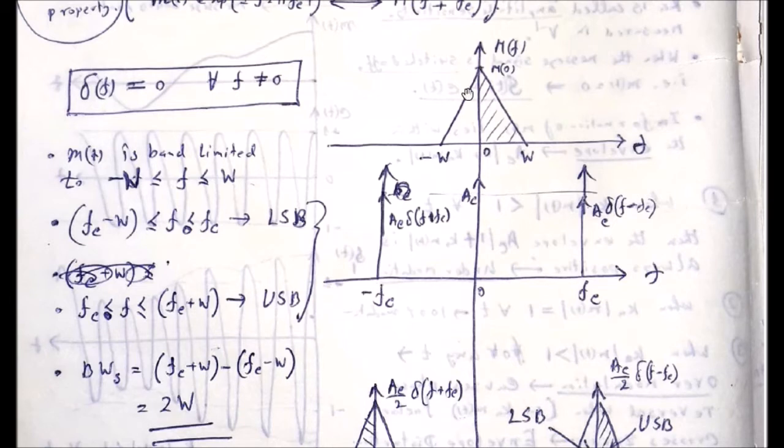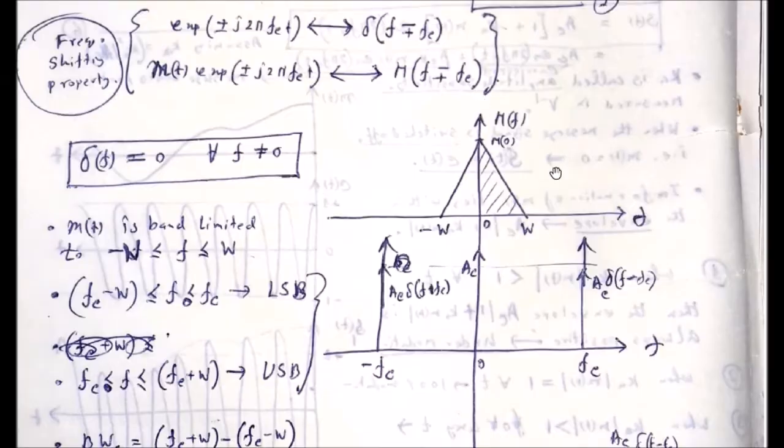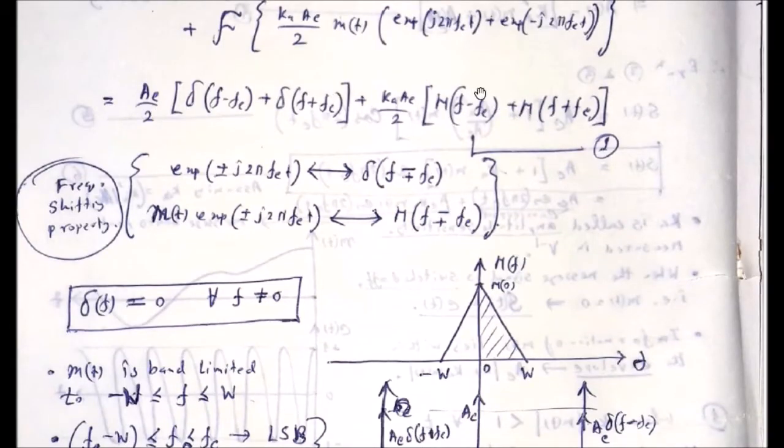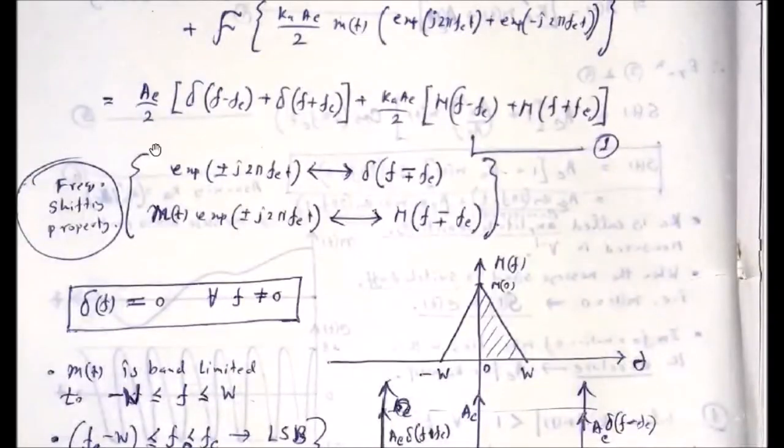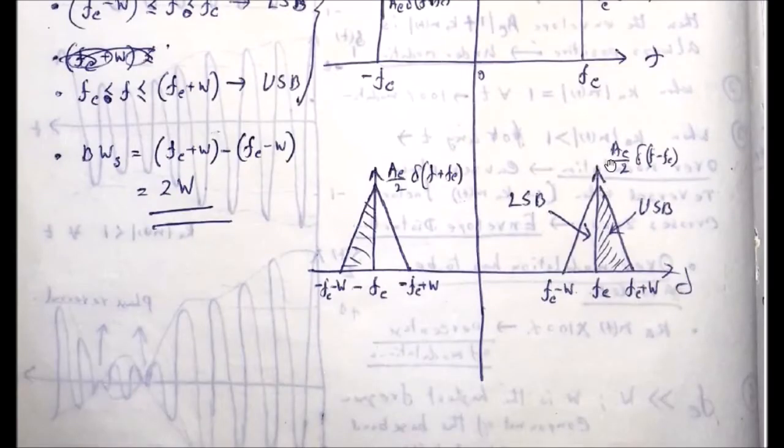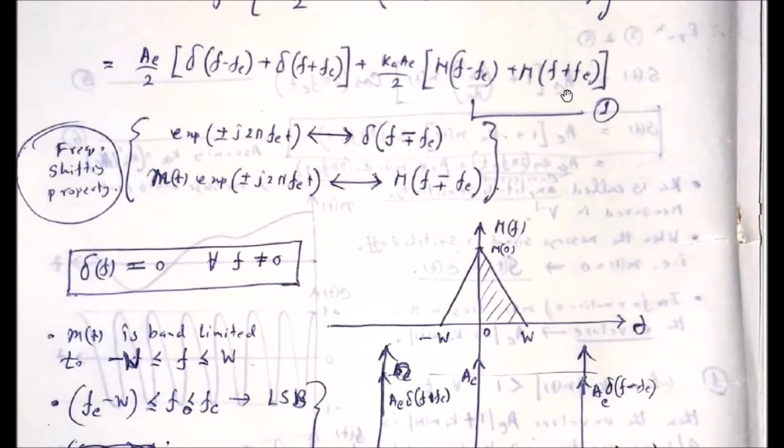Now after modulation, what will happen? See, after modulation, what are the terms here? This is the modulated waveform's frequency domain. It has simply the carrier frequency term. The carrier signal contains these two terms. This term and this term both represent the carrier signal, and here it is divided by 2. So there will be one carrier frequency component, and next, these two are the shifted versions of the message signal.